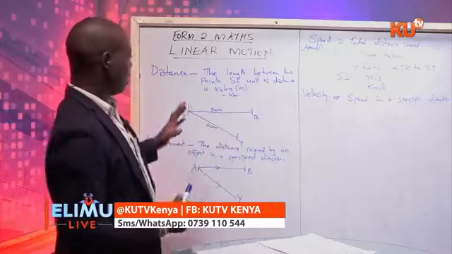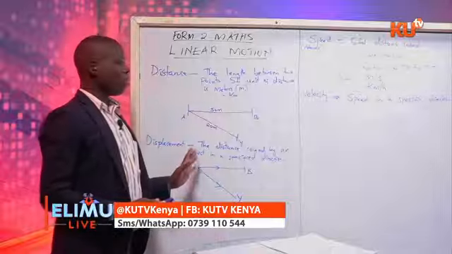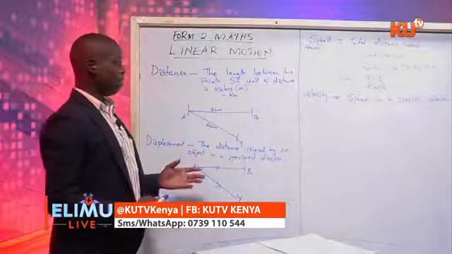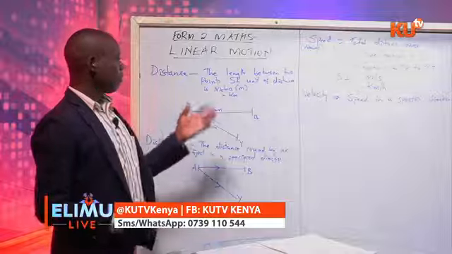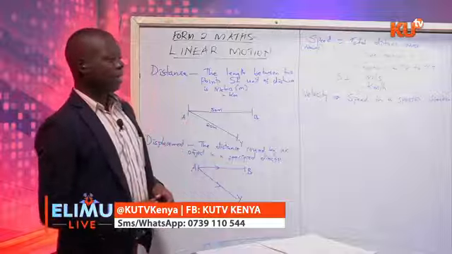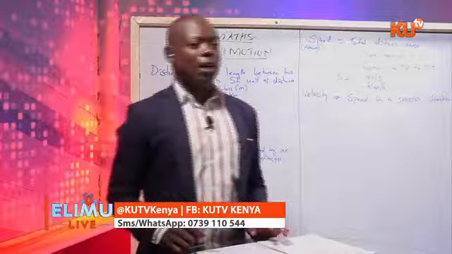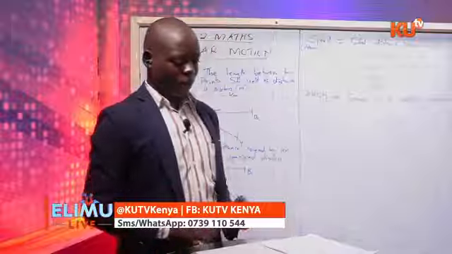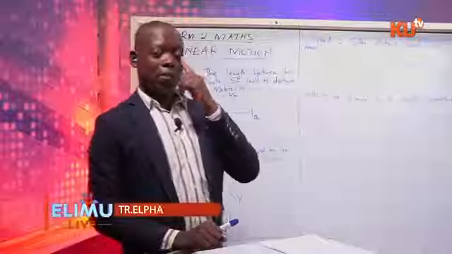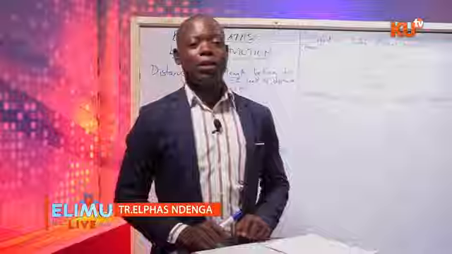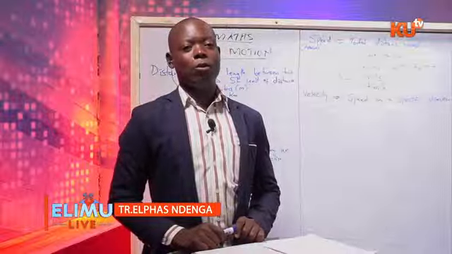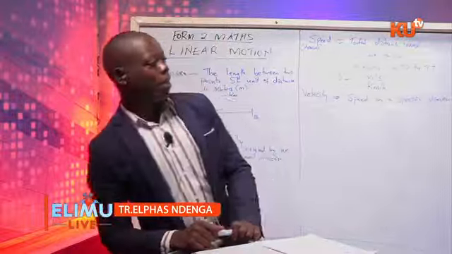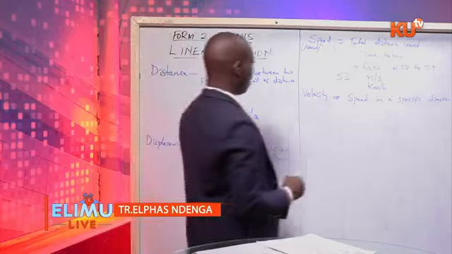But when you have distance in a specific direction, we call it displacement. Therefore, the concept for velocity comes from displacement, and the concept for speed comes from distance. Those are the basic terms that we need to understand in the topic linear motion before we do the calculations. But just to review what you learned in primary,